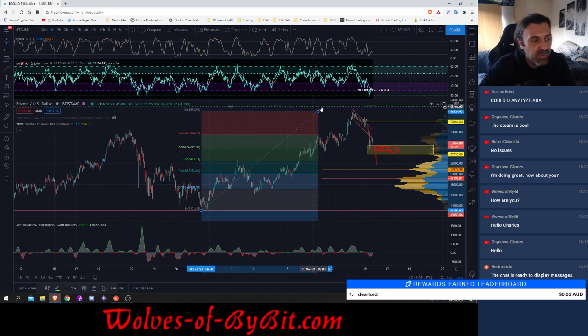We're going to set the Fibonacci tool, and what do you see? The yellow zone over here is sitting smack in the middle. Well, smack in the middle of the yellow zone, we do have the 382 Fibonacci line. On the 618, the 618 is smack in between the 51,000 and the 49,000 area. So this is also a potential area for support, but a little bit of a slower recovery.